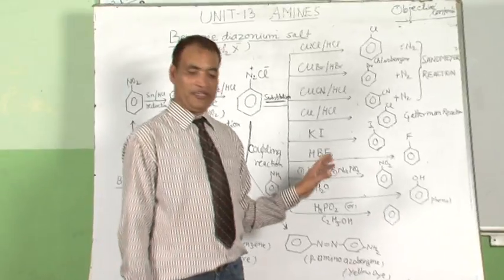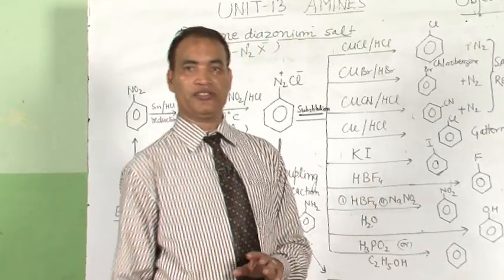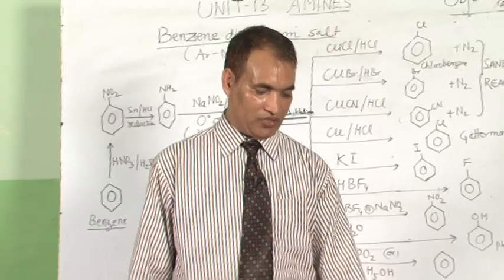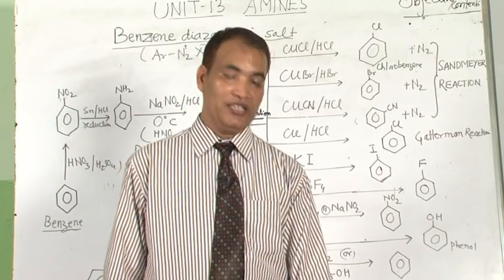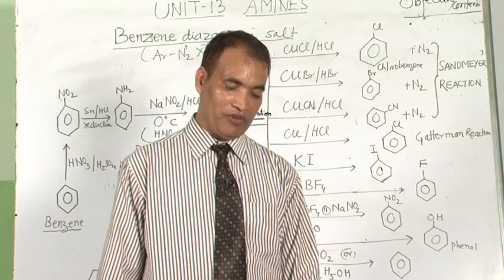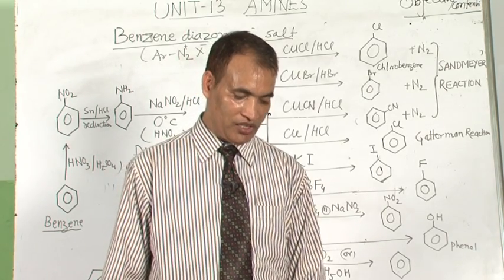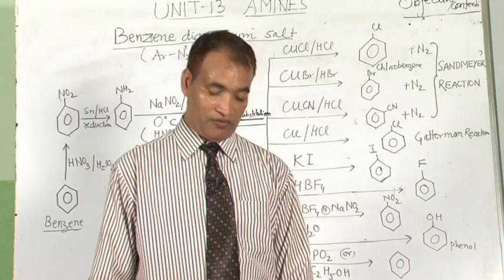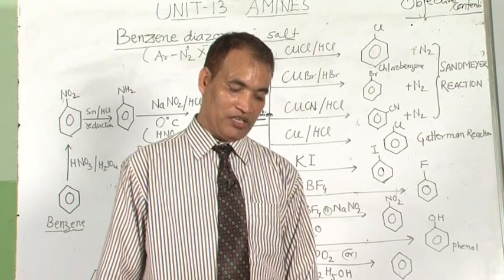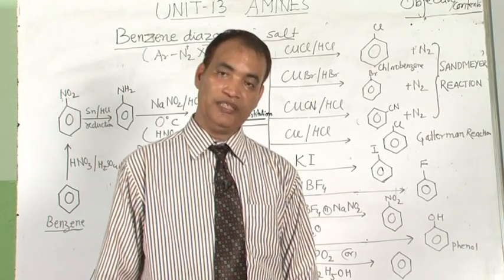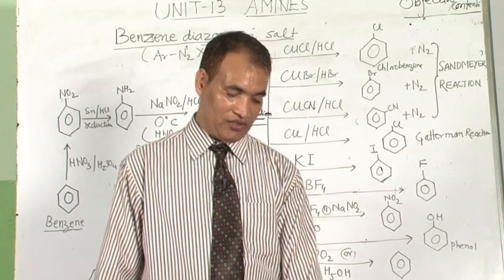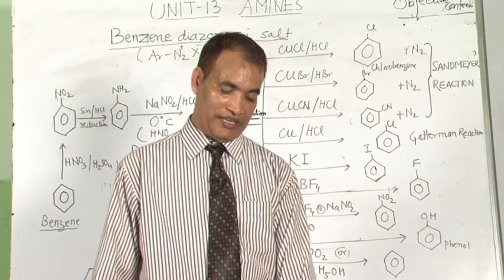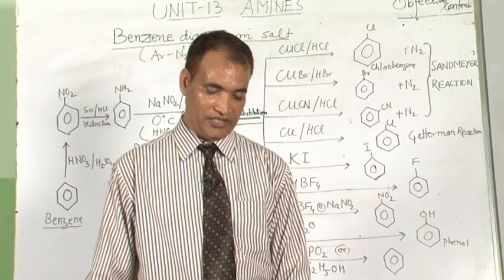I hope you can solve the questions in your textbook, that is the exercise questions. You can note down the questions, page number 400, the exercise. Question number 1 is related to IUPAC naming, question number 2 is related to distinguishing, a very important question. Question number 3 is also very important regarding basic character and reasoning questions. Question number 4 is again an important one, arranging in increasing and decreasing order of basic strength.